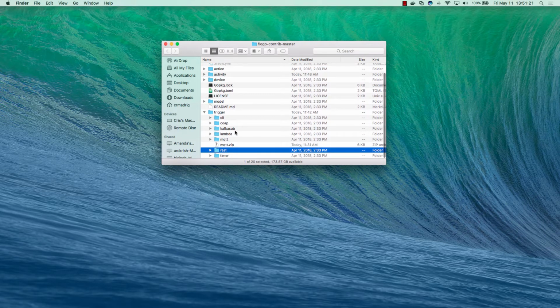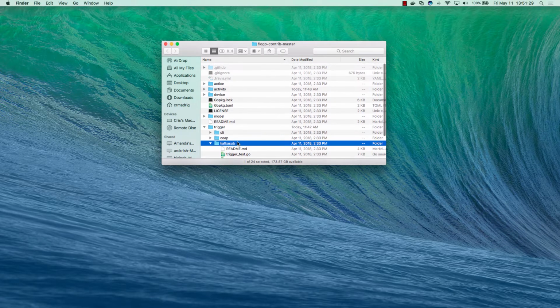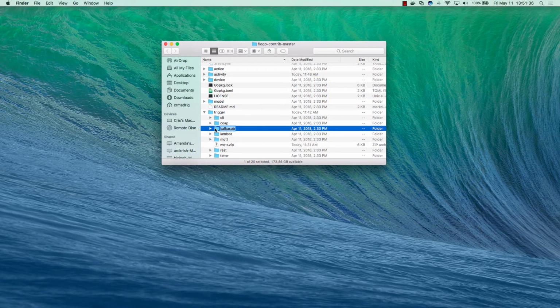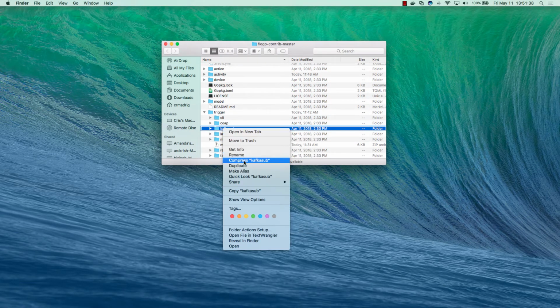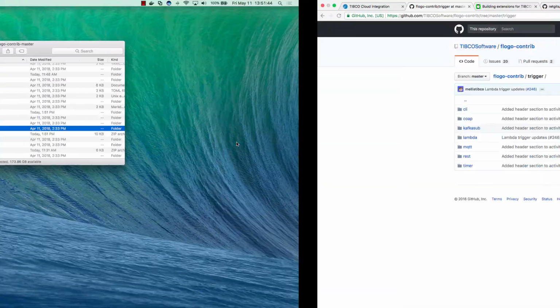Let's say I want to use a Kafka sub. If I look at it, you just need to make sure that you have these Go and JSON files within whatever trigger or activity you're building out as an extension. If you just want to use one of these pre-built ones, it makes it very easy: you take whatever the folder is and compress it. You have the zip file now, and now when you actually upload this,